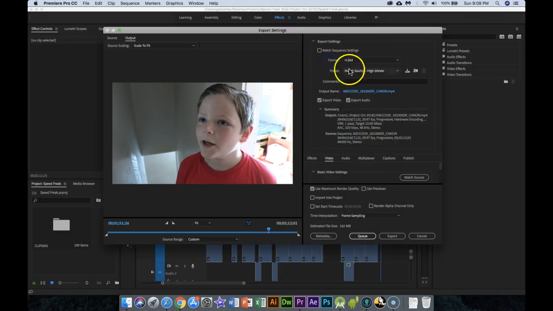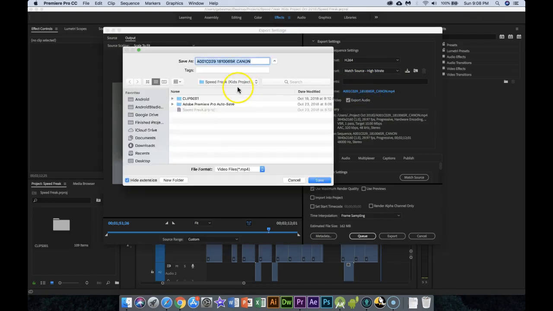H.264. Okay, you can leave the preset. Your output name right here, you're going to have to click on this so that you can choose what it's going to be. So when you get the menu pop up, you're going to choose your folder. This would be on your Z drive and your video audio folder for your 30-second edit. You're going to put your last name, underscore, first name, underscore, the name of your 30-second edit. So mine's Speed Freak